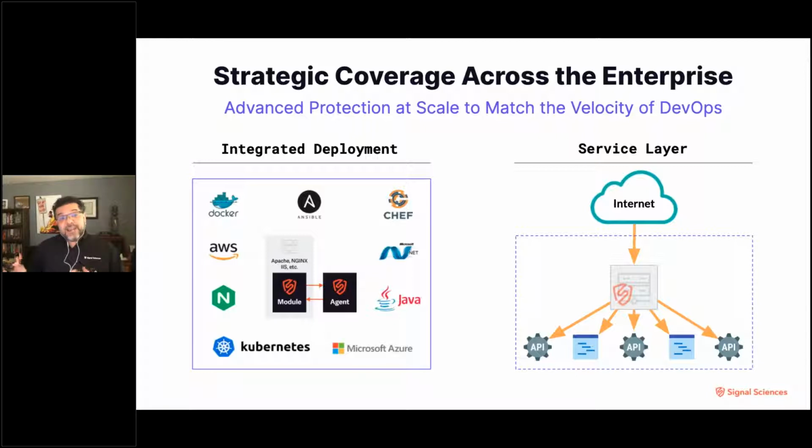Our hybrid SaaS includes three main components: the agent and module, and the cloud engine. The agent module is server-side software you install on your infrastructure within minutes via public repositories and configuration management tools. The Signal Sciences agent module interaction is a patented design created by our founders from their experiences securing traffic at